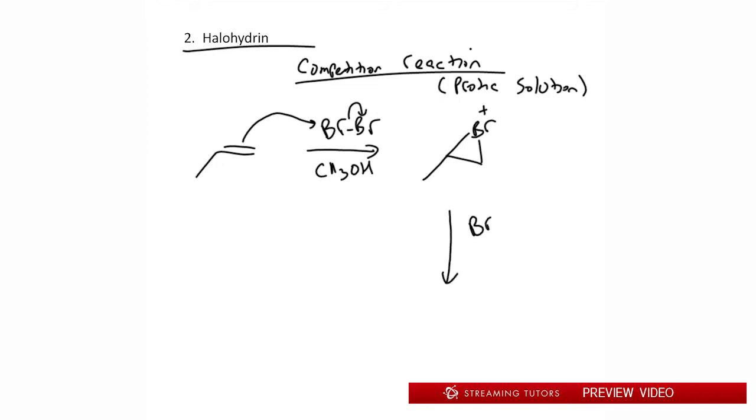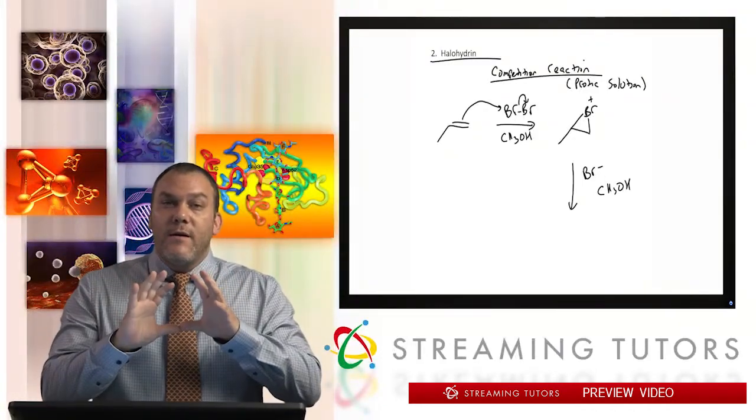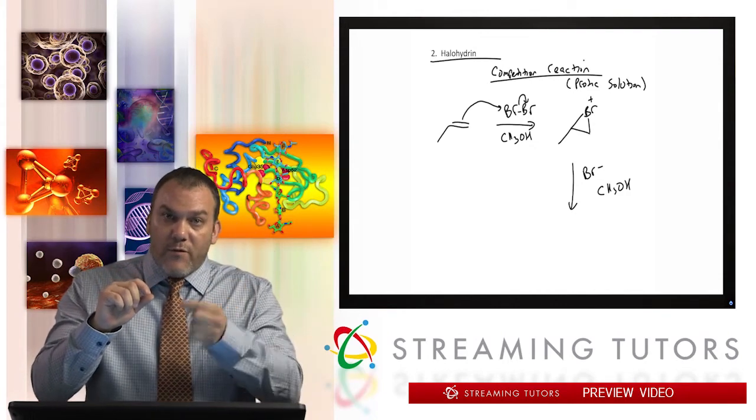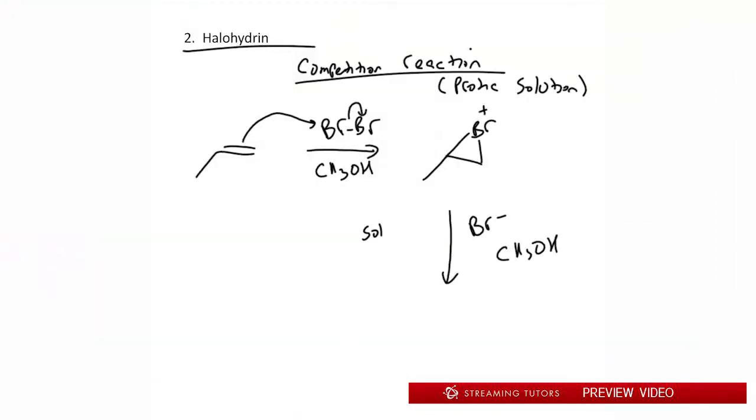We have a Br minus, but we also have CH3OH, the solution. Now think about this. You have this bromonium ion, and it's completely surrounded by alcohol. So another Br minus has to travel over and attack, but alcohol's everywhere. So the solution always wins. Solution wins as the major product. What that means is you can get some Br in as a minor. Maybe by chance it happens to be close by. But the most important thing that would happen is the solution comes in. So it's the same idea. The solution comes in, it goes to the